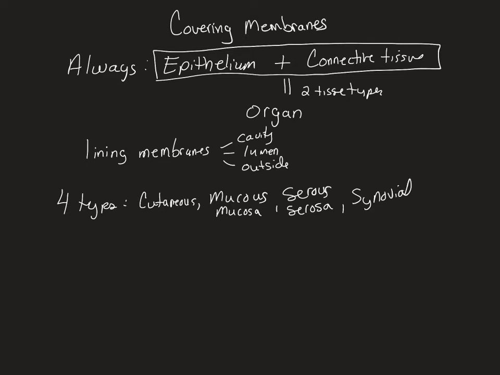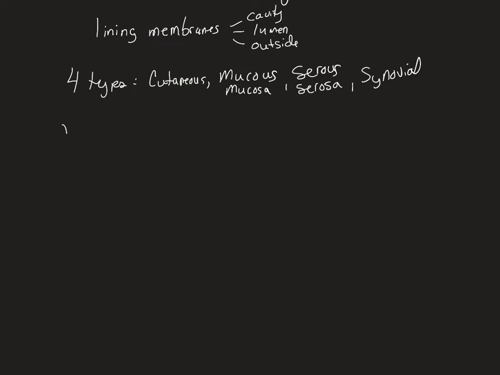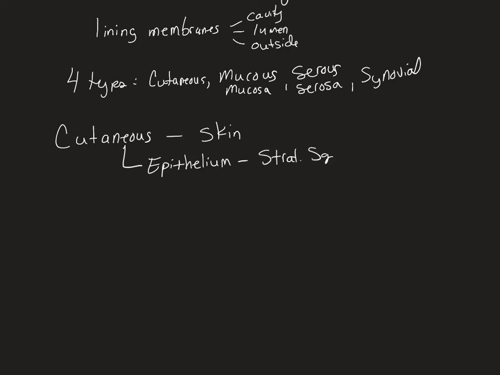Okay, so let's talk first about the cutaneous membrane. And we're not going to spend a whole lot of time on this right now because we're going to do a whole lot more of this in the next chapter. The cutaneous membrane is skin. Now, the epithelium, remember, it's got to be 2 different types of tissue. The epithelium is going to be the epidermis, which is stratified squamous epithelium, okay? And then the second layer, the connective tissue,